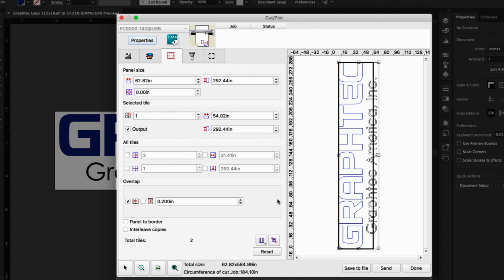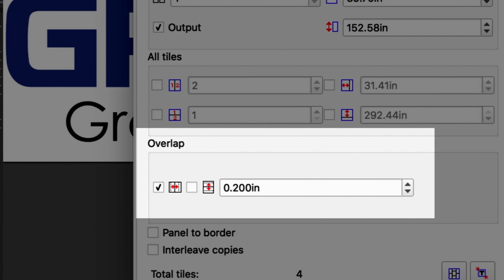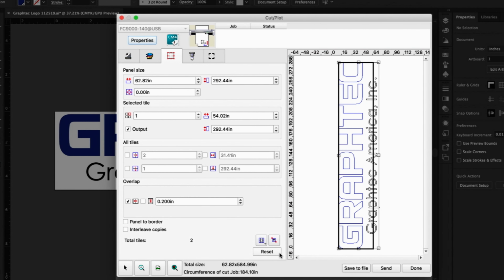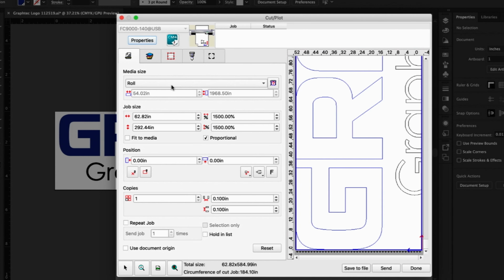This shows why it is important to make sure that our media is set to the actual media size loaded in our cutter. In a few moments, we will show how to set the media to the exact size of the media loaded in the cutter. What's convenient is that from here, we can readjust the panels so that they fit better for our job design. For instance, here we have made it so that the panels are not splitting the text on the right. We can panel the job design even further in case we feel that further paneling is needed. Of course, as each panel is cut, we can set the overlap where the panels meet when the sign is installed. Let's reset the paneling and return to the General tab to restore the original size by entering 100%.